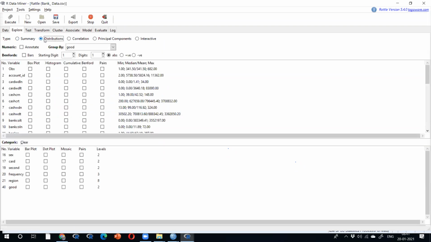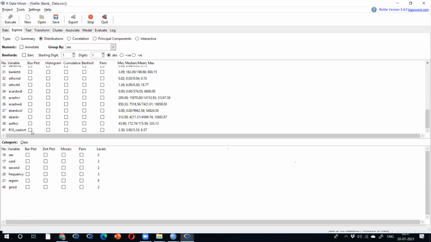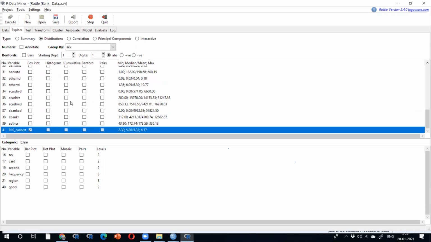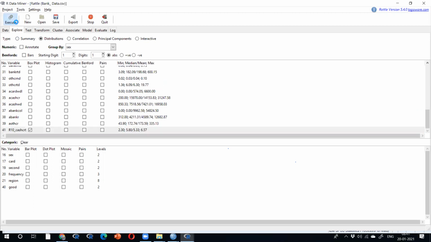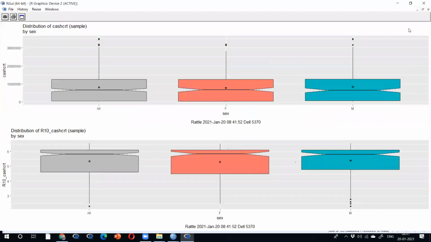Then come to the distribution, box plot for cash credit. These two variables, both are the same variable. The original data is showing upper.